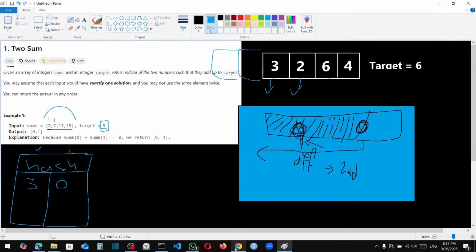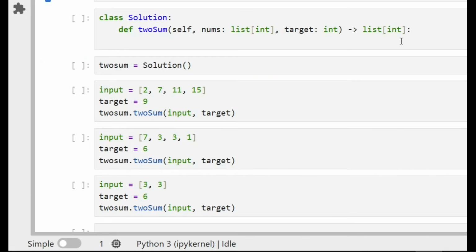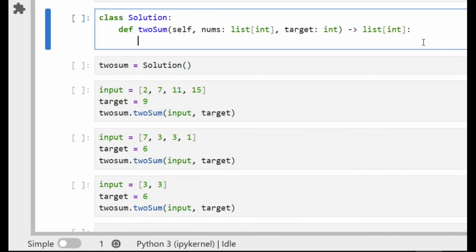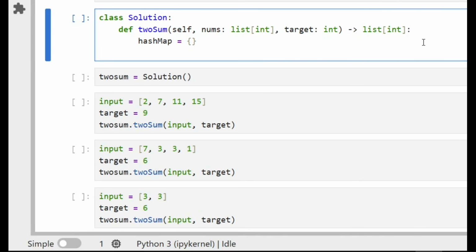Okay, let's go now and write our code. So simply, first we need to create our hash map. I will call it hash map. Okay, and it's empty to start, and then we need to iterate through every element, and we also need the index, because in the hash map we will store the value and the index. Okay, so we do a simple iteration